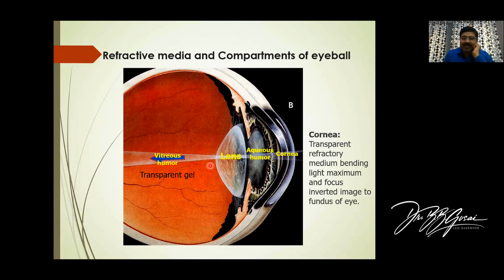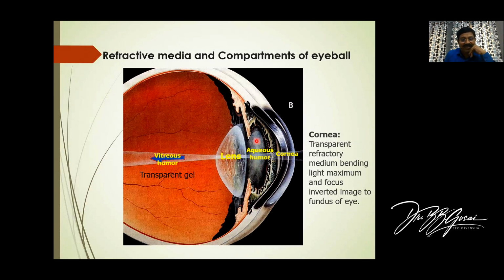Okay. So it passes through the lens, and the lens can change the dimensions of this focal point. Okay. So the thickness of the lens will change the focal point when it falls on the retina. So that we will discuss a little later with the accommodation reflex. So this is what is behind the cornea, the aqueous humor. This aqueous humor is nothing but the fluid.